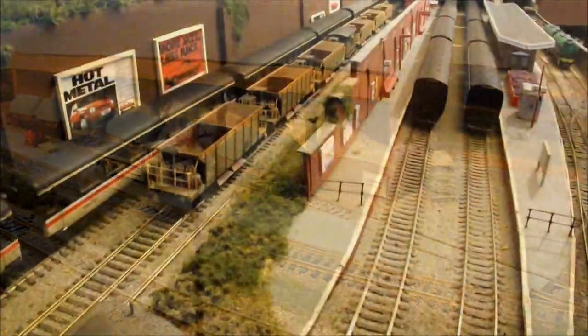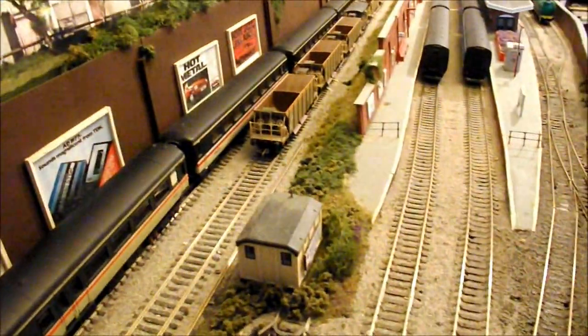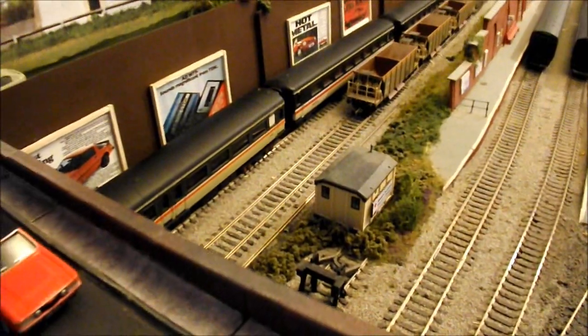So here we are, back at Barringer Station, and we've veered off the branch line, which was just here, and now we're just going to go down the main lines. Currently, because the fiddle yard is out of action, if I just spin you around again, a lot of the stock has been stored on here for the minute until I get that fiddle yard sorted out. Again, there's a few more period features, period signage. This was a little bridge that I knocked up to allow access to the path